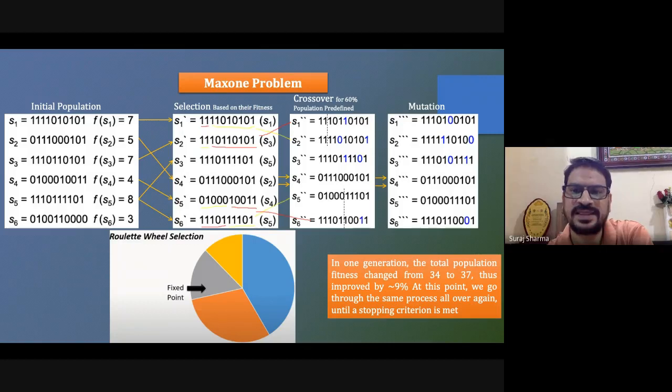This 2 and that 5 depend upon you, how you are doing it. It is predefined. Either you can take 2, or 4, or 6. It depends upon you, so there is no algorithm for this value. Either you take 2 or 5 or 3, but this 60% you have to define. Either you do 60, or 70, or 80. That also you have to define previously when we do this crossover.